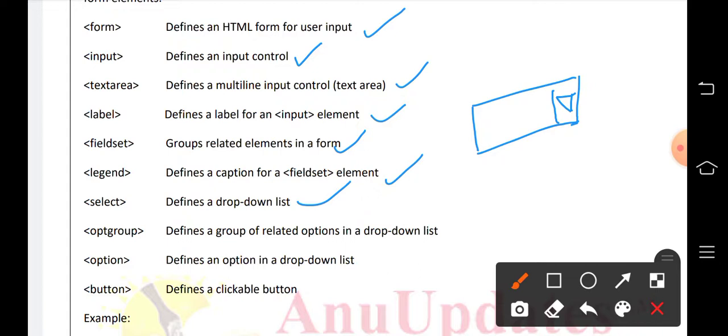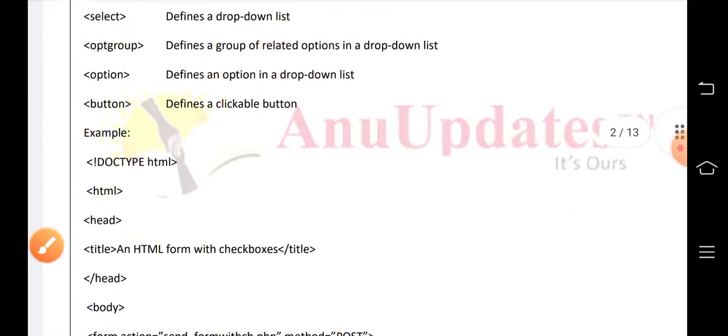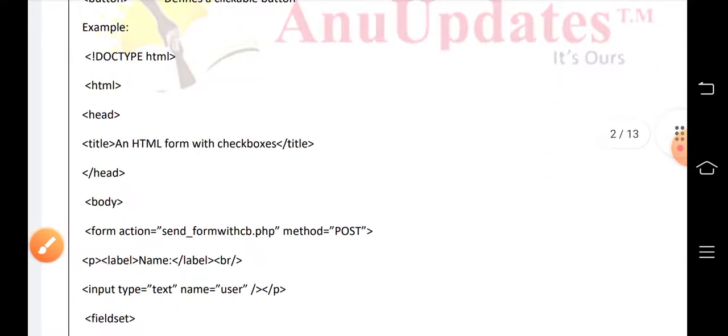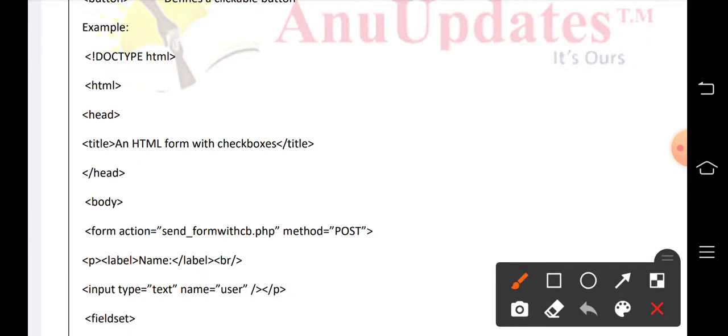If that has to be displayed, that is done by using select. Then options we can give by using optgroup, and a single option by using option, and the last one is button, that is submit or reset, we can give as buttons. These are the form elements, and you can see here one example for that form.